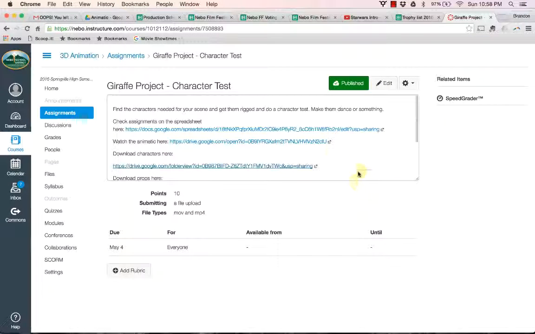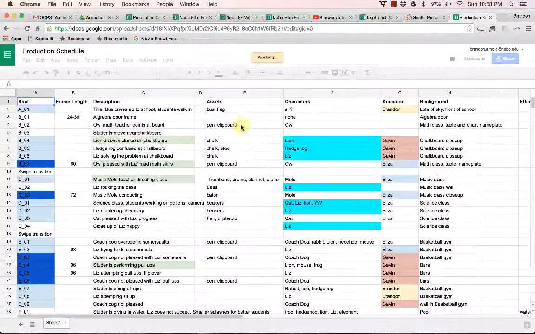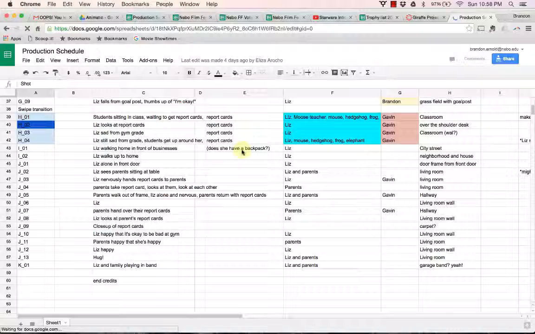Hey guys, here's a quick tutorial on how to get your characters set up in Adobe After Effects and get them rigged and make them do a little dance. So first of all, let's check out the assignments on here. Nobody is assigned yet, but once we have something, it will